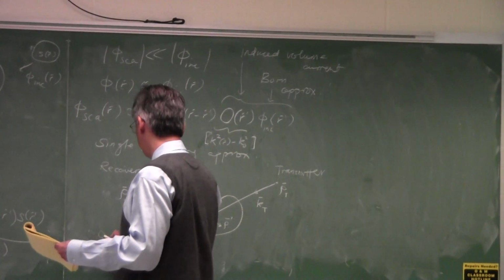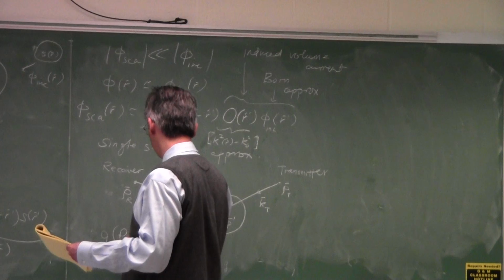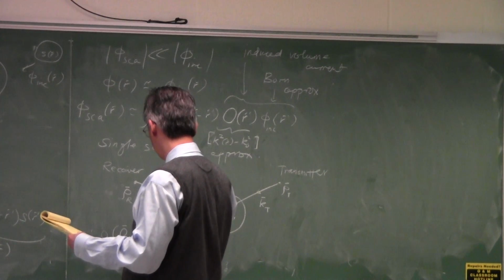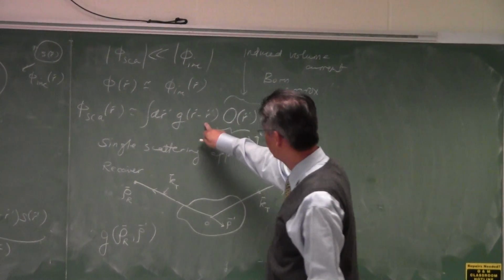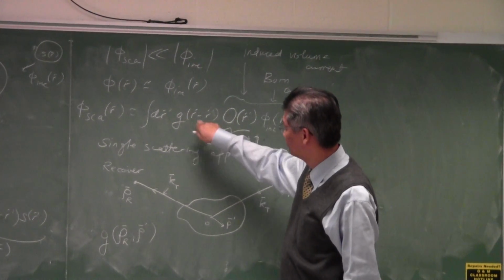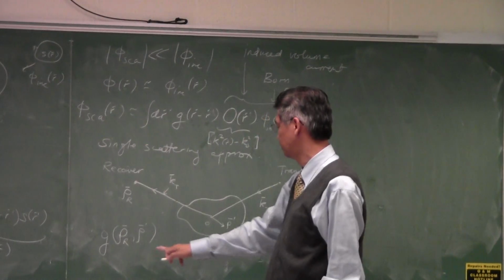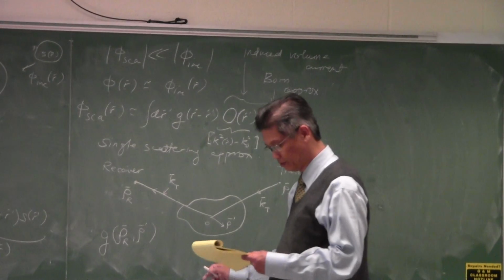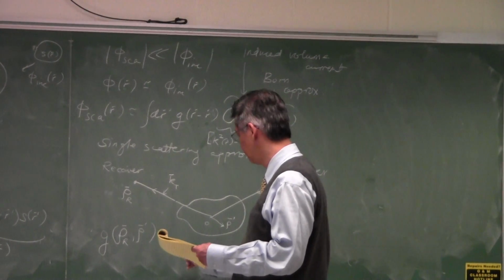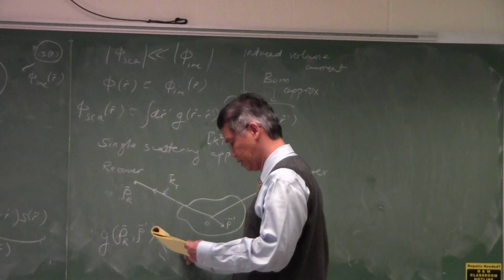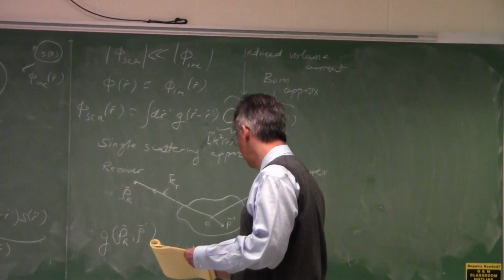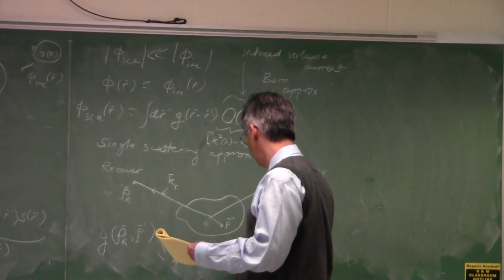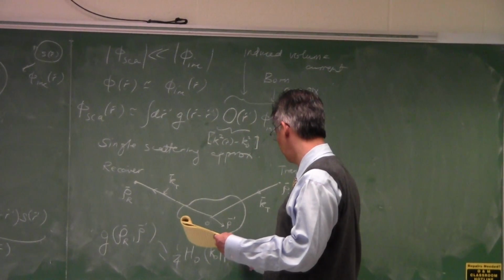I can approximate the Green's function, which in this case relates the source location to the observation point. This is the observation point. The observation point is going to be the receiver. The Green's function is going to be this thing, which in 2 dimensions is going to be i over 4 H0^(1) of k0 |rho minus rho prime|